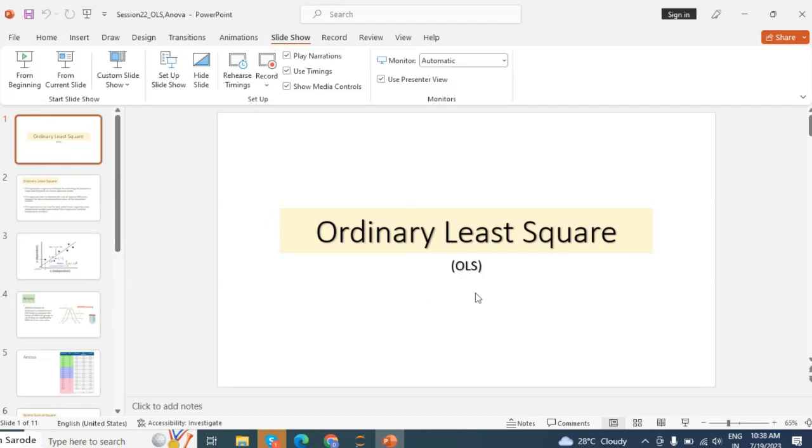So as the name suggests, ordinary least square. Least means minimum, correct? And square means error, your error of squares. So ordinary least square is a technique that works on the principle of minimizing your error. Mean squared error is the cost function or loss function of linear regression. So this method tries to find the best fit line by keeping your MSE as low as possible.